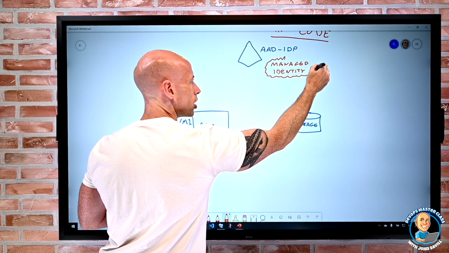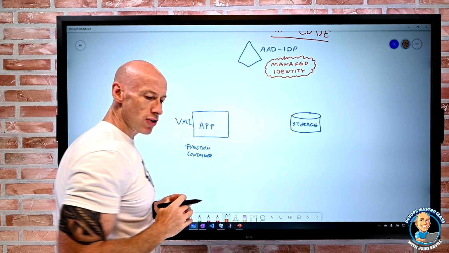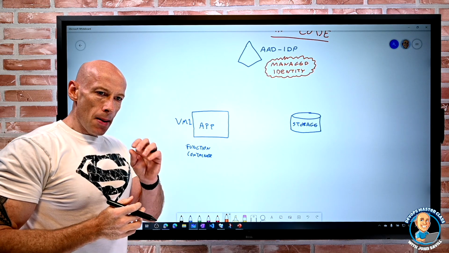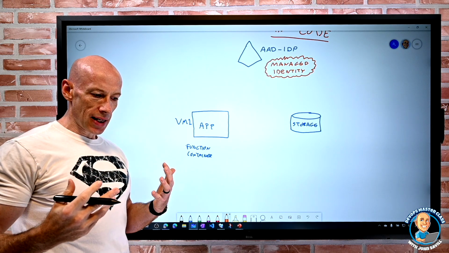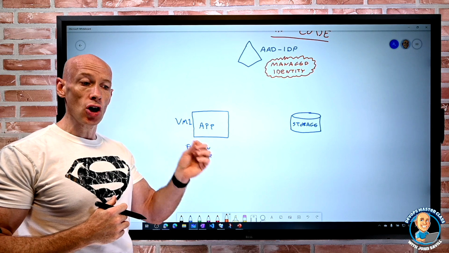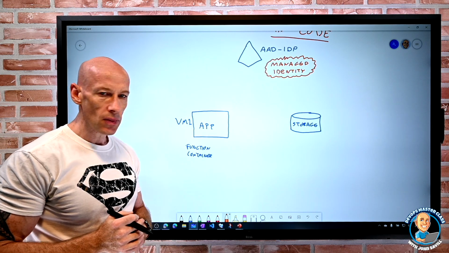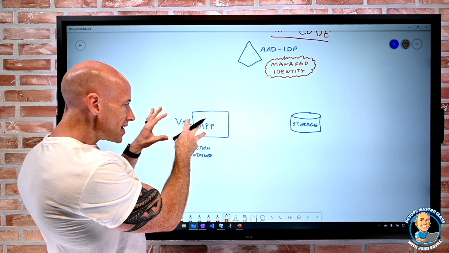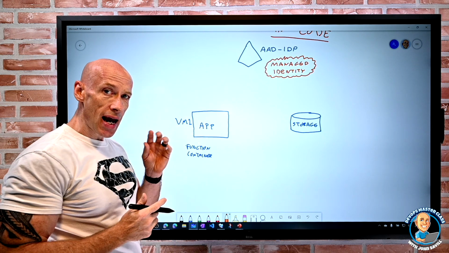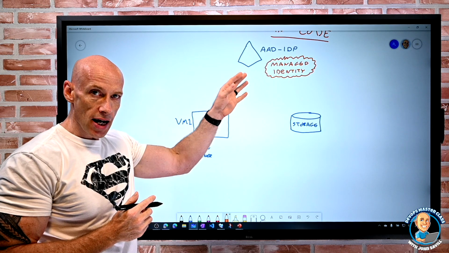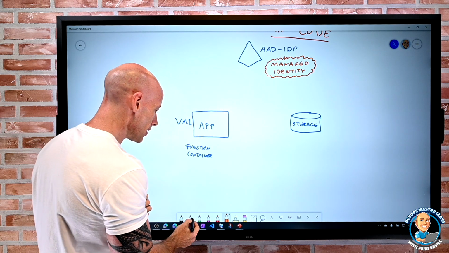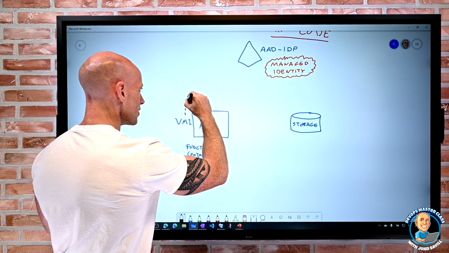So this is kind of like a service principal that we'll see in many different types of cloud service, but it's managed for us automatically. Like in AWS, this will be a service-linked IAM role. So I can do a similar type of thing in AWS as well. And the whole point now is this VM actually has an identity in our Azure AD, our identity provider. So I can think about, well, this VM